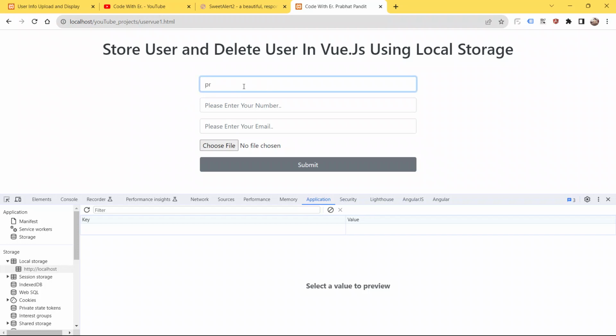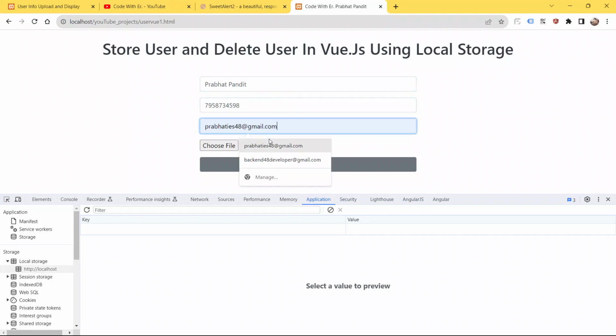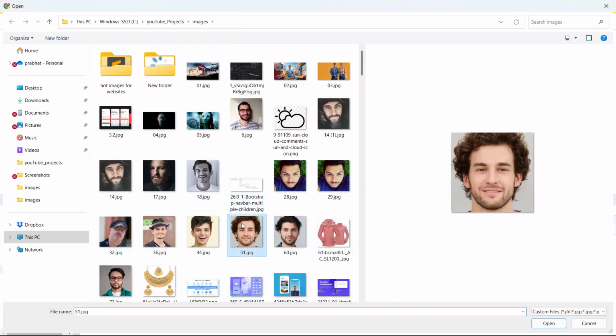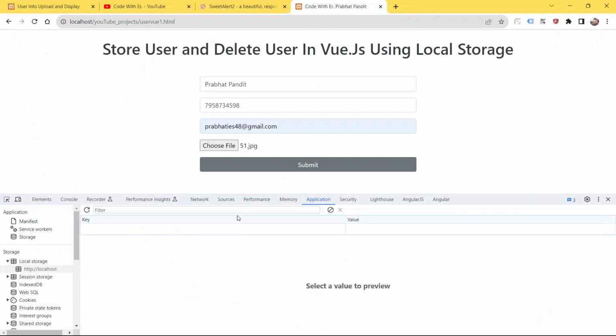So give Prabhat Pandit, and give some random number. Choose the email address and choose the file first. So guys, I have taken this file. As you can see here, we have got nothing in our local storage.